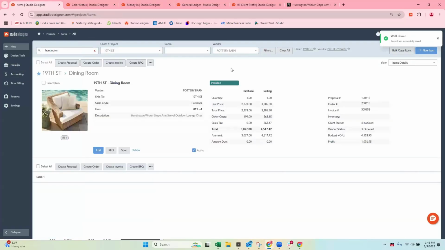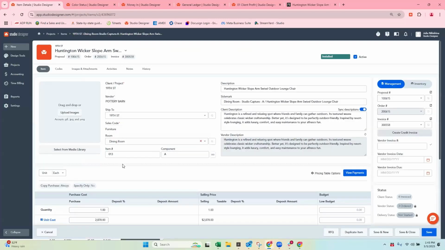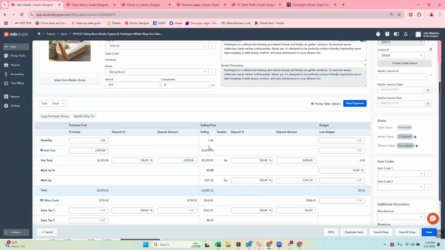So on the item level, remember, it's invoiced. It's telling me it's installed. Pottery Barn sent me an email and said, please, I'm so sorry, please send me this additional $500. Okay, fine. So if I go into this item, I am still, if you notice, I can't click into the selling side. I can't change it, but I absolutely can change the cost of the purchase side. I think you have to be very careful, knowing you could always change the purchase side and that you can't change the selling side. You can't change the selling side because the selling side here is tied to sales tax. And so once it's invoiced, that revenue and that sales tax has been recognized.